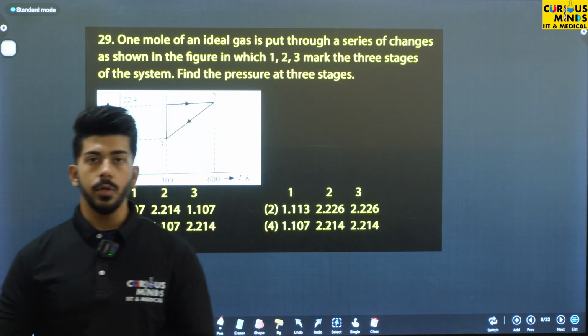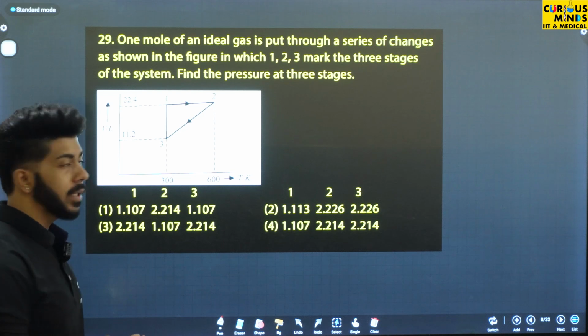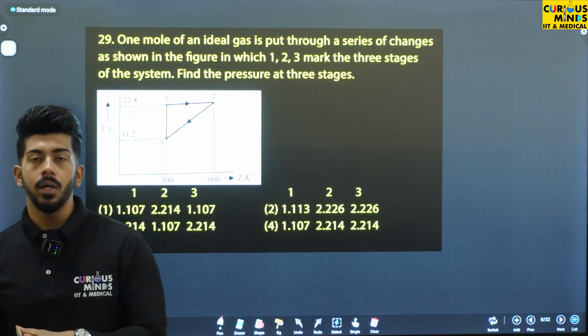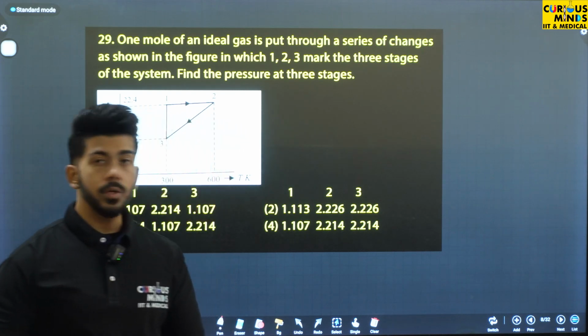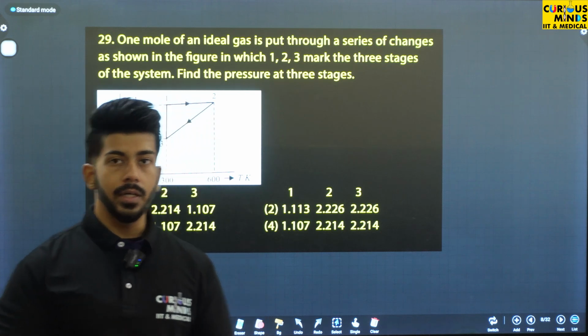As you can see, this question number is different, that is 29, that might be from a module, but in this series that question will be question number 8. So now let's read out the question.